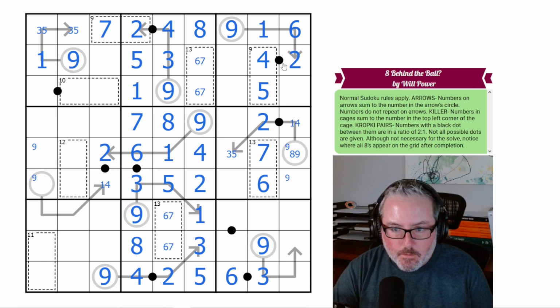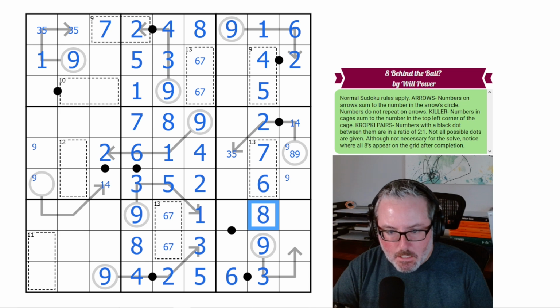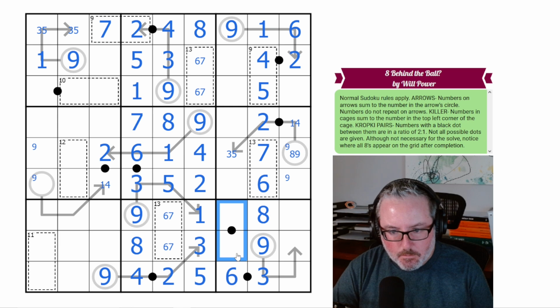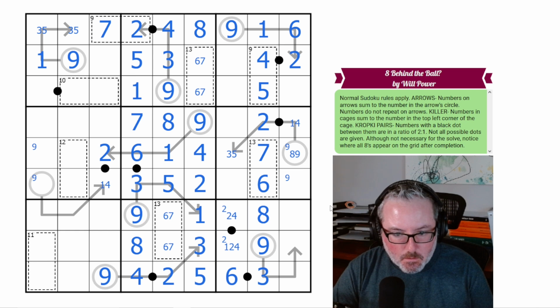Now, we've got a digit right here that's just open. This has to be 8. Now, this cannot be 4, 8, and it cannot be 3, 6. So it's from 1, 2, and 4. This is not 1. There has to be a 2 in here somewhere. And there's nothing else really pointing at that, so